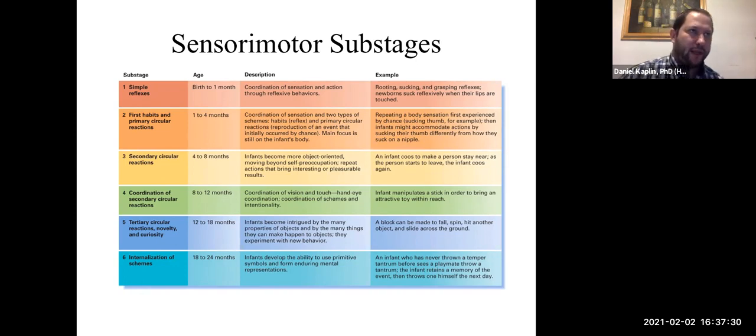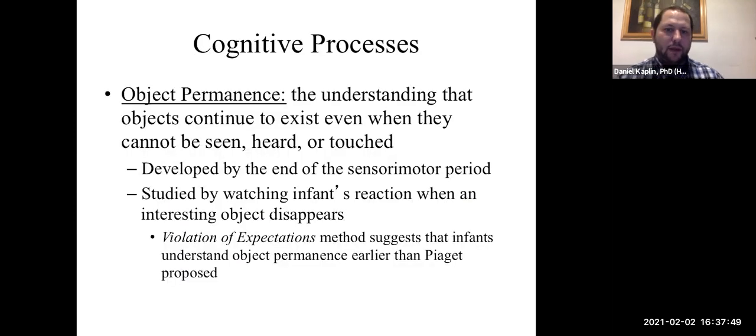So instead of just dropping it down, now they're throwing it, right? That's actually a tertiary reaction, learning a new outcome. And then by stage 6, which is 18 to 24 months, there's an internalization of the schemes and there's greater mental representation. All right, so the biggest goal, according to Piaget, you go through a series of stages, 4 stages,